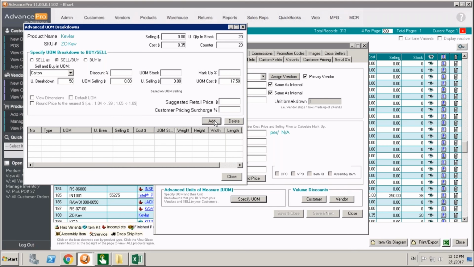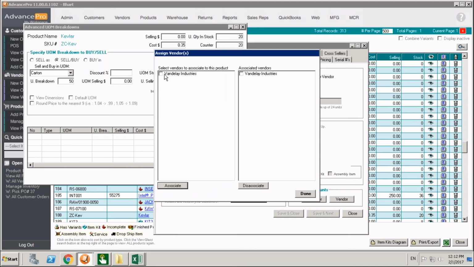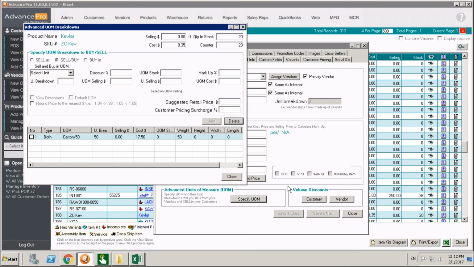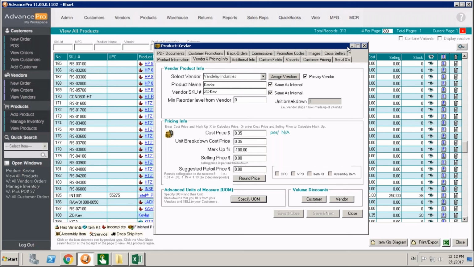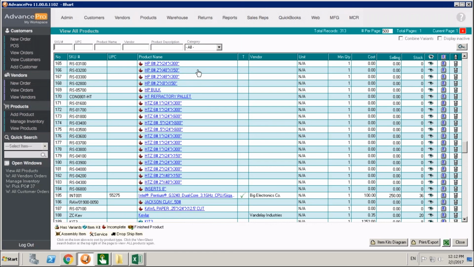So if I go ahead and add this, and I associate that specific unit of measure with a specific vendor, and I can go ahead and associate that in. This is now tied so that when I order from a particular vendor, I have the option of ordering this 50-pound carton, and I may get a discount on it. Now let me show you what that means. Is if I go and place a new order with my vendor,